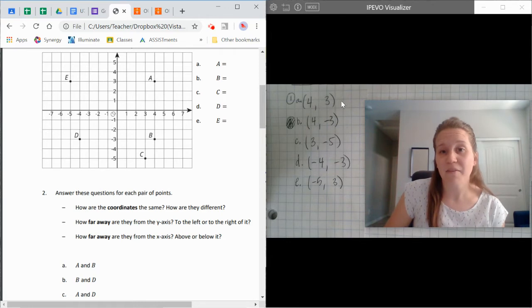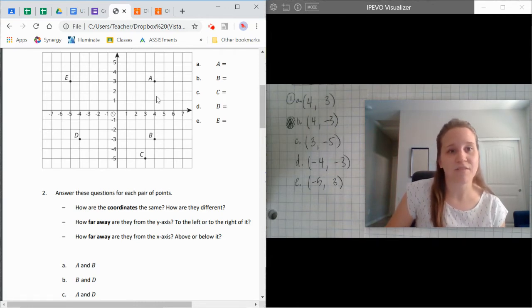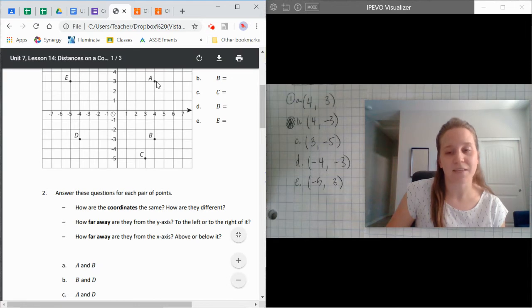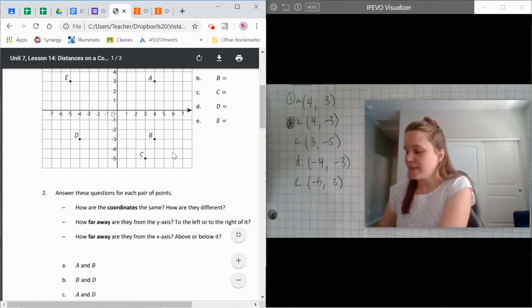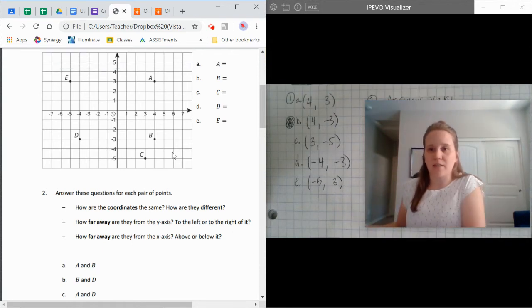Absolutely. And you may have also noticed what's different. That y value is different. A is 3 units above, that's positive 3 on the y-axis, and B is 3 units below, that's negative 3 on the y-axis. Okay. Here's what my answer might look like